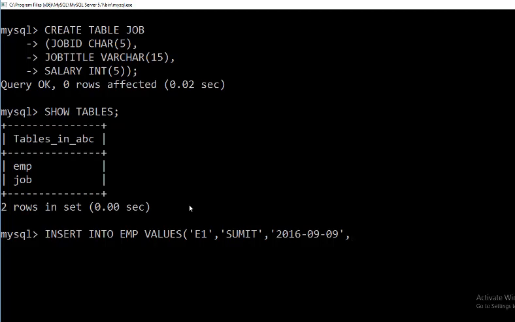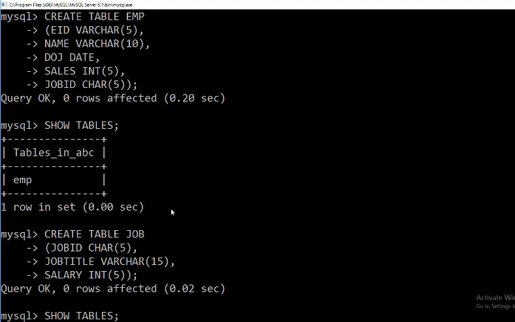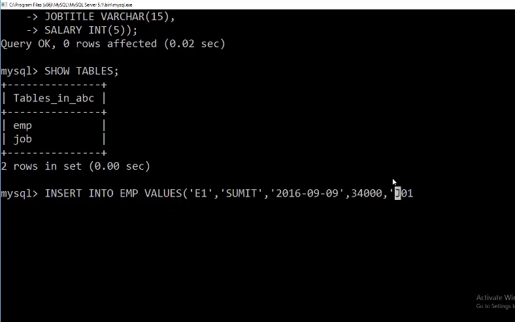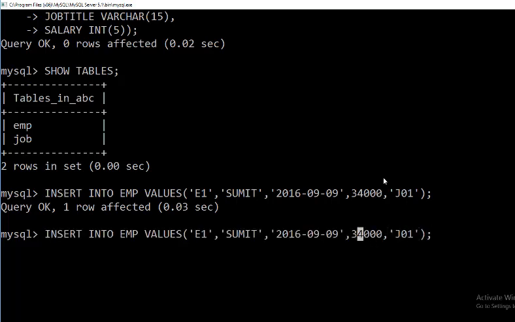Next, the sales column. So suppose the sale is 34,000, and last was job ID. So let it be J01. So this is the last value. First row inserted.